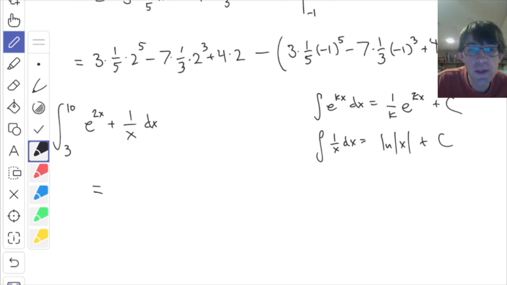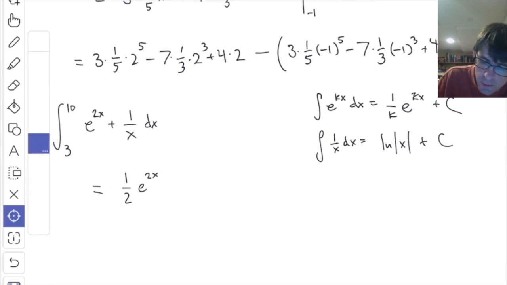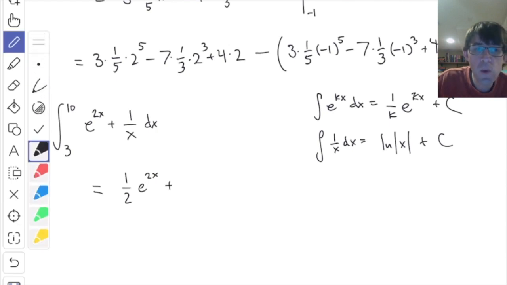I begin by doing the antiderivative. So e to the 2x, I'm going to use the formula on the right there, where the k is 2, it becomes 1 over 2 e to the 2x. All right. I used this formula here with k equal 2. And then I go plus, and what happens to the 1 over x? The antiderivative is natural log absolute value x. I'm not going to put the plus c's like I said before. When you're doing the fundamental theorem of calculus, you never need the plus c's because they're going to cancel out anyway. I am going to put the bar